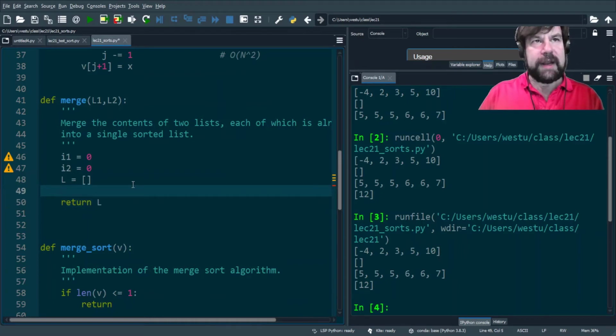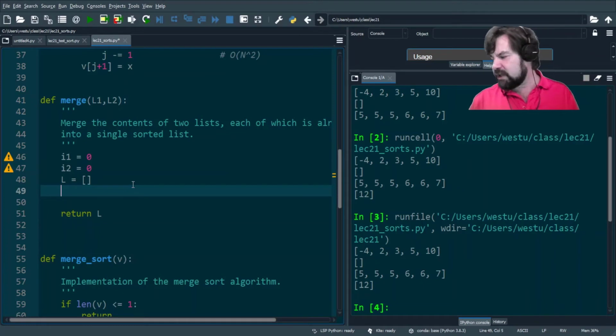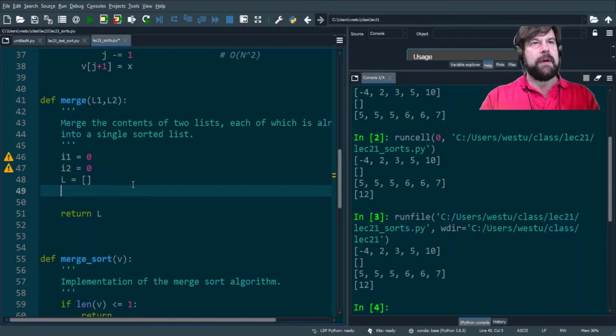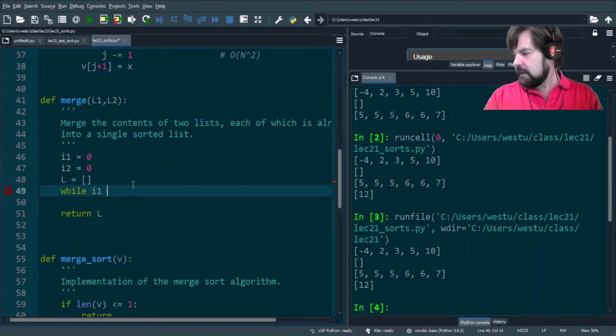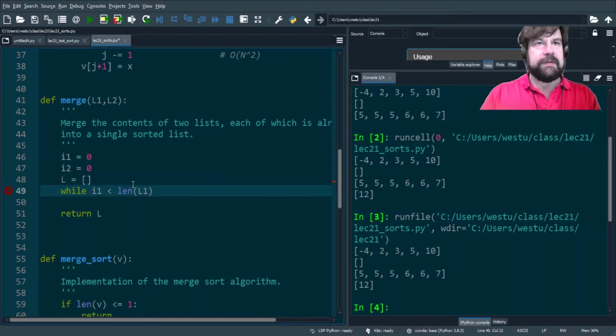All right, so now let's write the guts. We want to walk until we reach the end of either L1 or L2. So our while statement is going to say while the loop counter, the list index counter for L1, is less than the length of L1, right? When it equals the length of L1, then we've used up all of the values in L1. So while I1 is less than the length of L1, and while we haven't gotten to the end of L2,